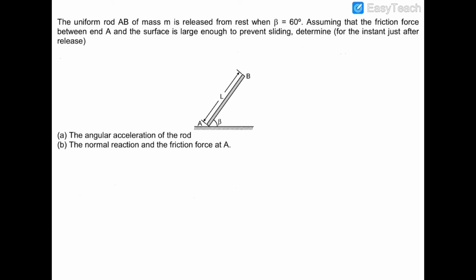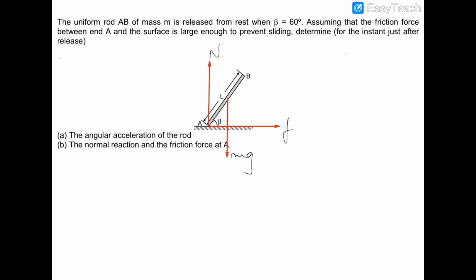So let us draw all the forces first of all. So mg would be acting like that in the downward direction. This is mg. The normal reaction would be acting in the upward direction. This is normal reaction, and as this point would have tendency to slip in the left hand side, therefore friction would be acting towards right hand side direction. So this would be the friction.